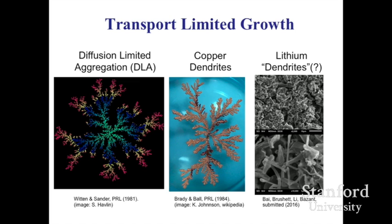So the way we understand them, the way that physicists actually spent a lot of time trying to figure out in the 1980s, is through processes such as diffusion limited aggregation. This is a model where you imagine a sticky particle in the center, and you start releasing random walkers from far away, and when they get near the cluster, they stick, then the next one comes in and it sticks, and